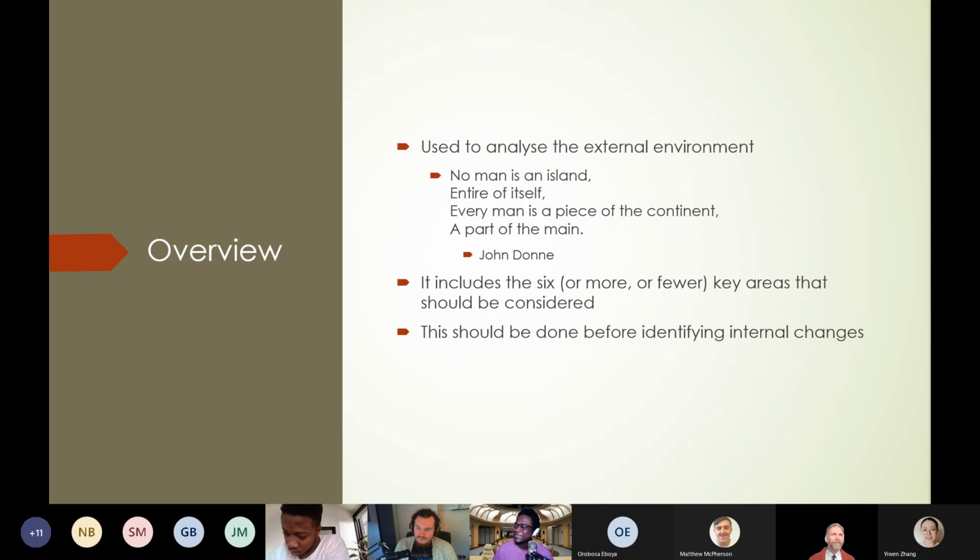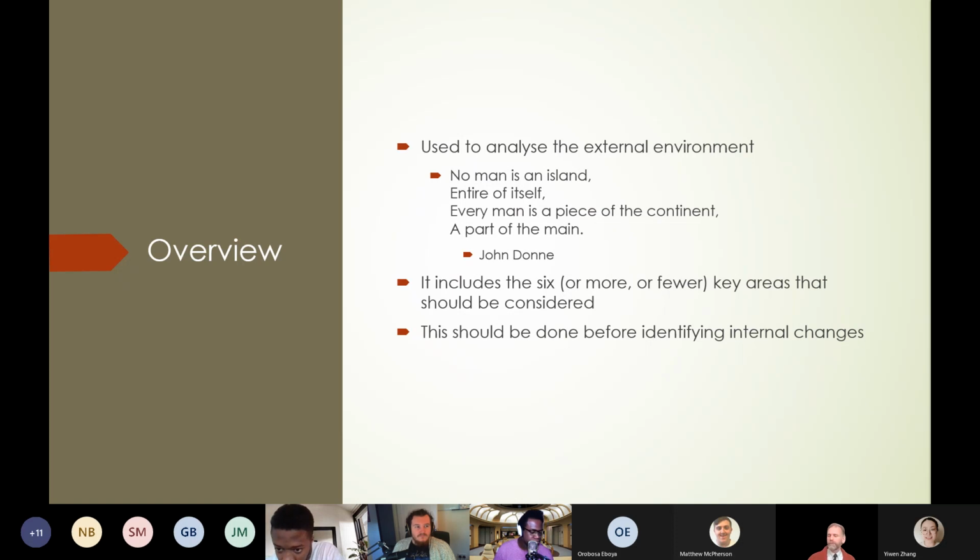They're enjoying it. Yes, there's no point in you setting internal changes. So there's no point in you saying to this hotel, I want to do this, if you've ignored the fact that the council are going to build a bypass and have put a compulsory purchase order on your hotel and are going to knock it down. So you have to consider the external stuff before you think about the internal stuff and how that's going to affect you.